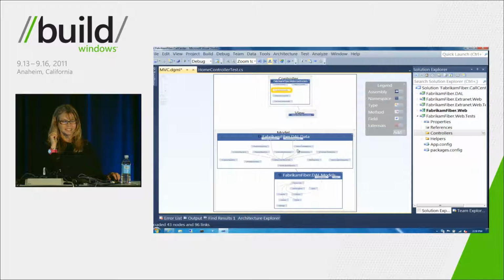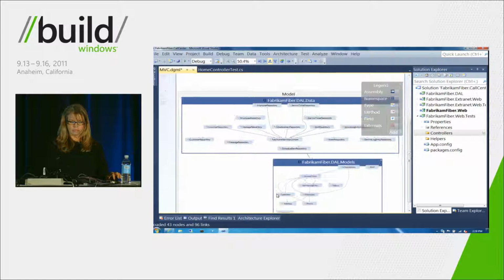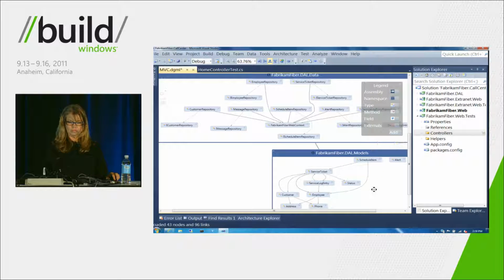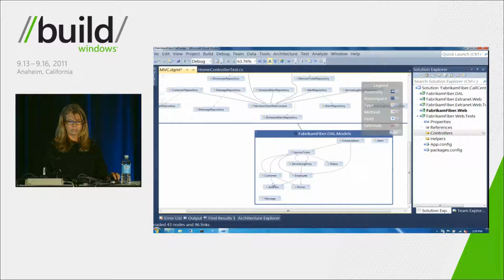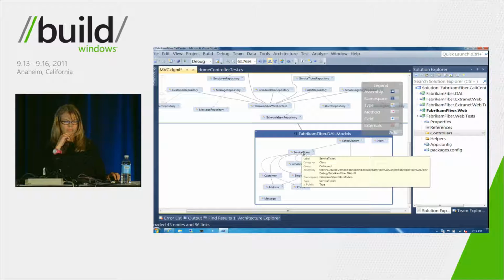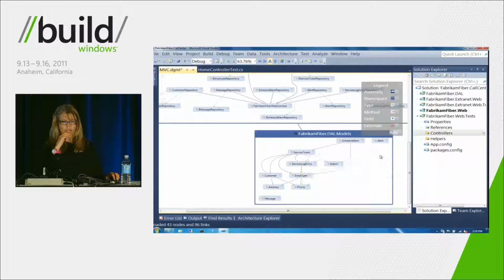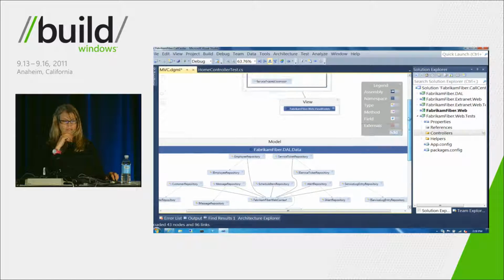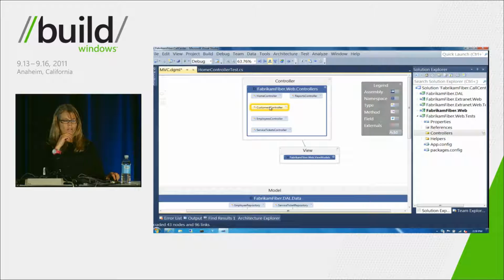We'll just zoom into the models. You'll see that there's a few other names or classes in there, including the service ticket. We need a reference to that service ticket. We're not getting service tickets for this application. Right, so visually we can see that,